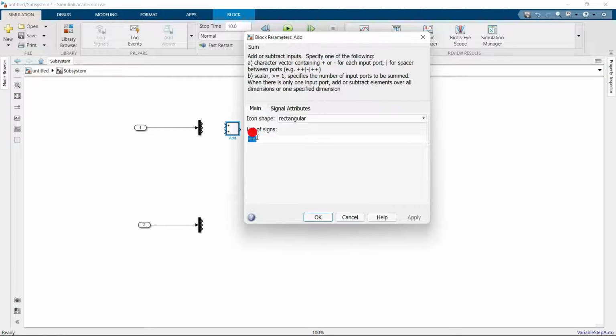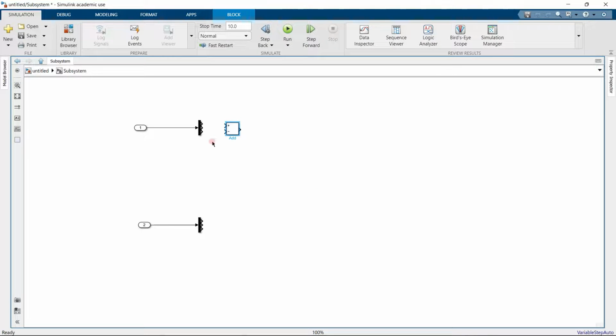Change the parameters to the signs minus and